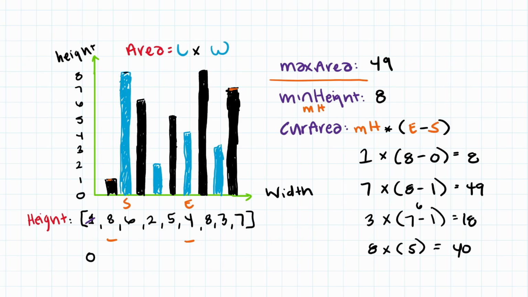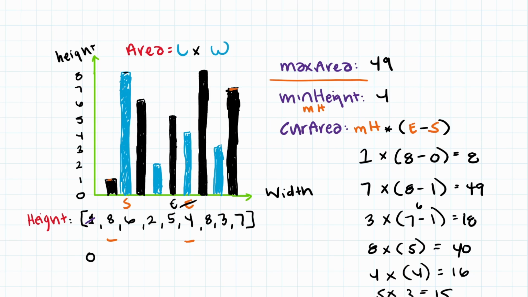Now we get the same thing. Difference between 4 and 8. We're going to get 4 is our minimum. Now we're going to get 4 times 4 because we keep moving the width down. And that's going to be 16. And you get the point if we keep going down. So 5 times 3 equals 15. If we go forward again,